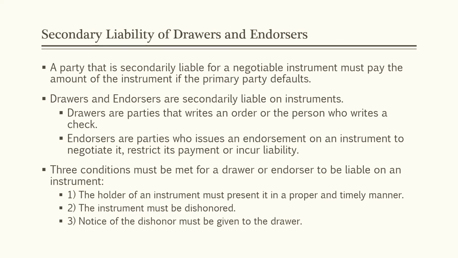If Bob does not have enough money in his account, the bank does not generally have to pay the item, of course, absent overdraft protection agreements with customers. If the bank does not pay Cox due to insufficient funds, the bank is said to have dishonored the instrument. Bob, as the drawer of the check, is only liable for it once the check has been dishonored and notice is given to Bob of the check's dishonor.